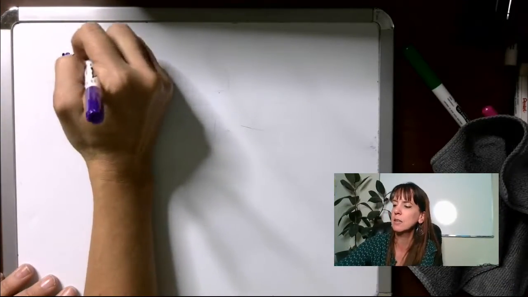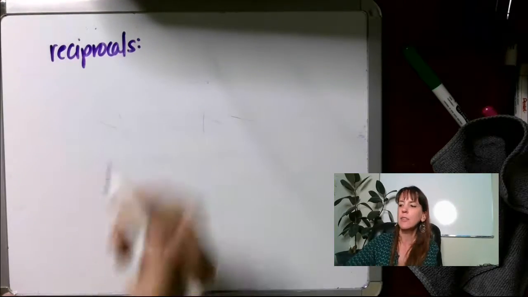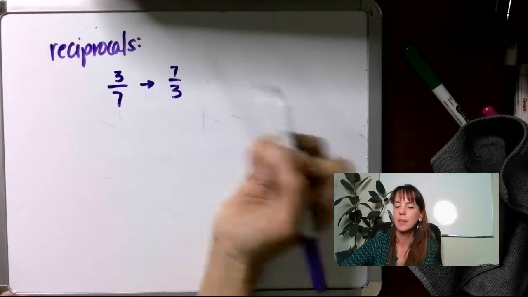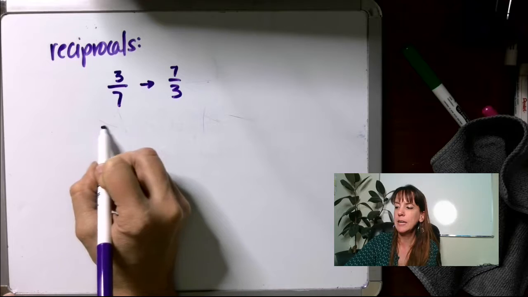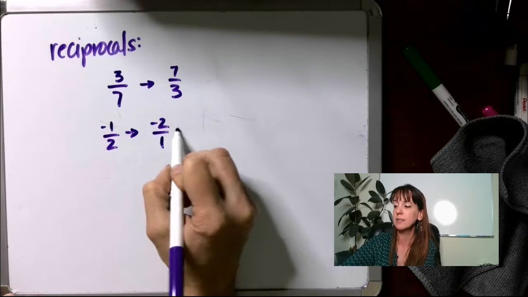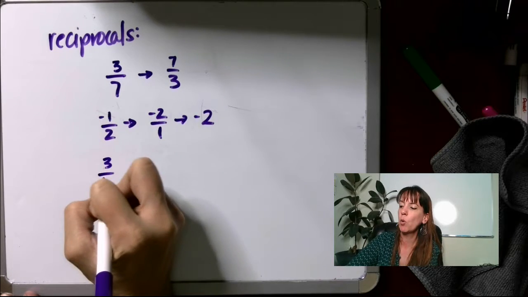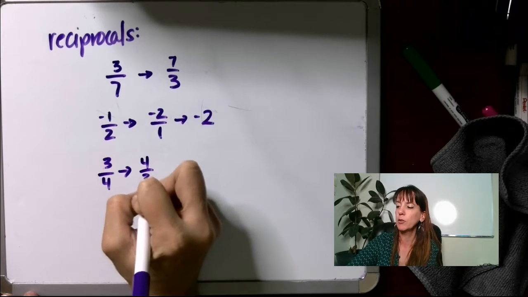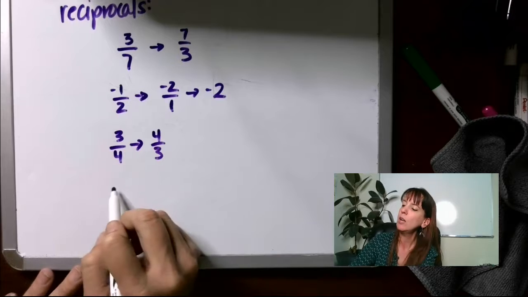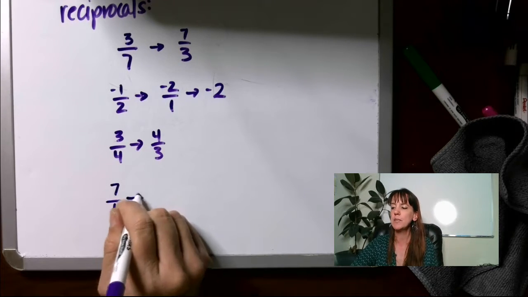Reciprocals. The reciprocal of 3 over 7 is 7 over 3. The reciprocal of -1/2 is -2 over 1, or just -2, right? The reciprocal of 3 over 4 is going to be 4 over 3. So reciprocal, guys, is just flip it around. What about the reciprocal of 7? Well, remember, we can turn anything into a fraction by putting it over 1, which means the reciprocal is going